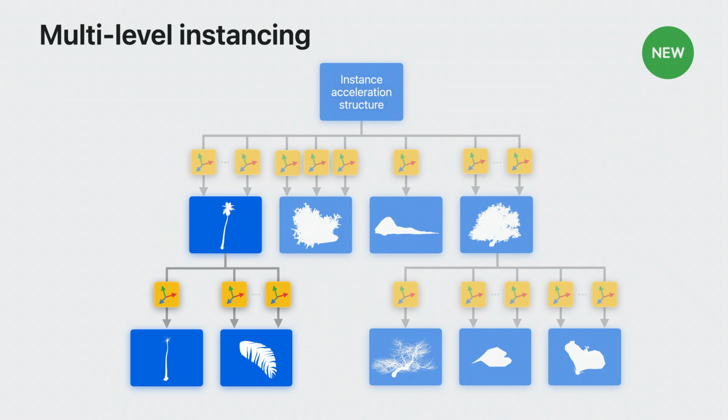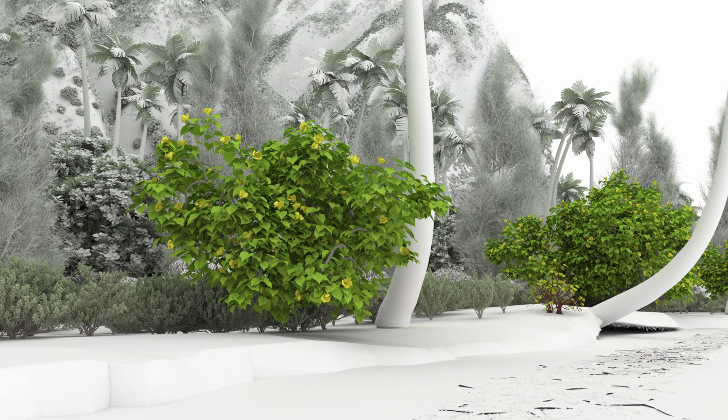For example, in this scene, a palm tree can be expressed as an instance acceleration structure containing a trunk and instances of a leaf, while the scene as a whole can contain instances of the palm tree. The Moana Island scene is a great example of the power of multi-level instancing. When using two levels of instancing, adding one type of tree to a scene could mean adding hundreds or even thousands of copies of parts of the tree. But with multi-level instancing, you can add instances of a complex tree defined with repeated instances of its parts. This saves millions of instances across the Moana Island scene.